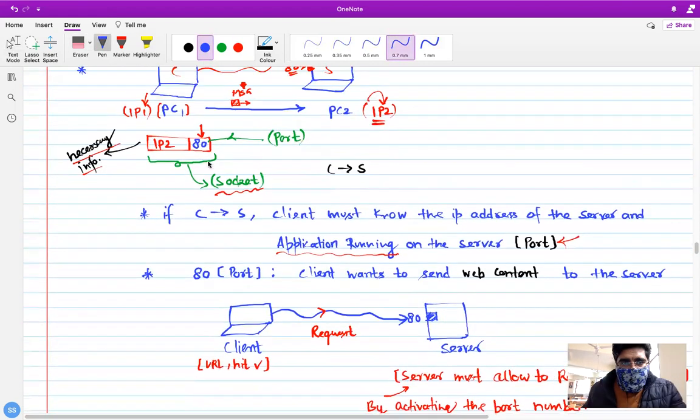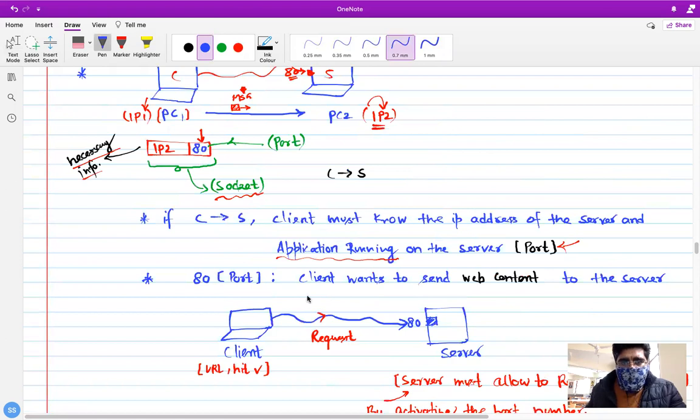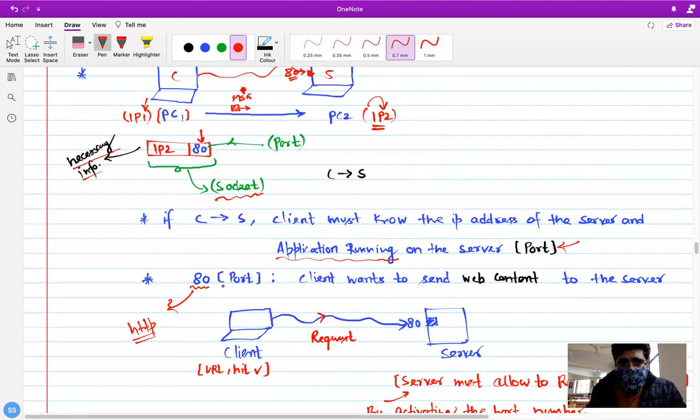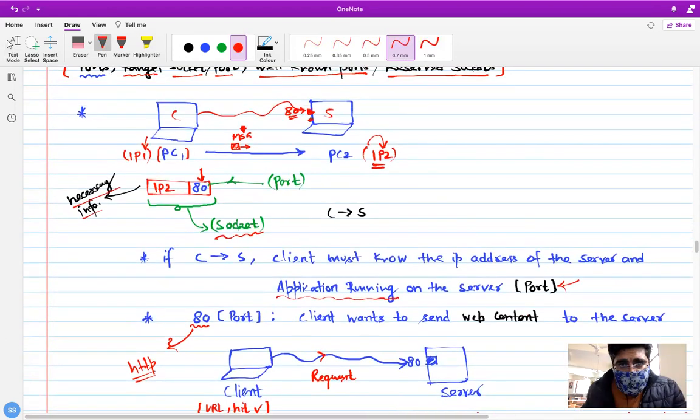So what does this port 80 mean? The client wants to get web content from the server. Whenever you talk about 80, it represents the HTTP protocol. Whenever you try to communicate with 80, it means there would be many ports on the server, but you are trying to communicate with port number 80 only.